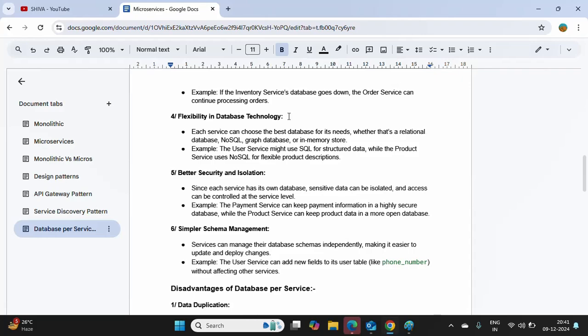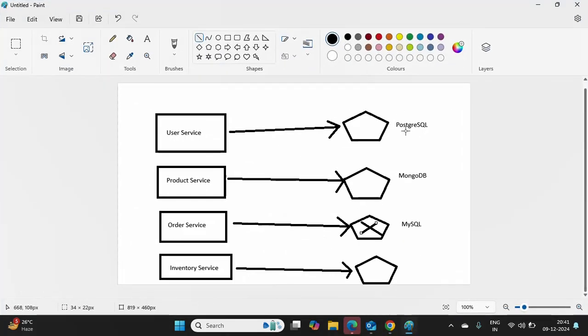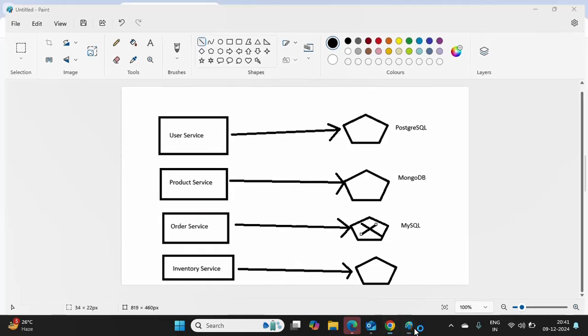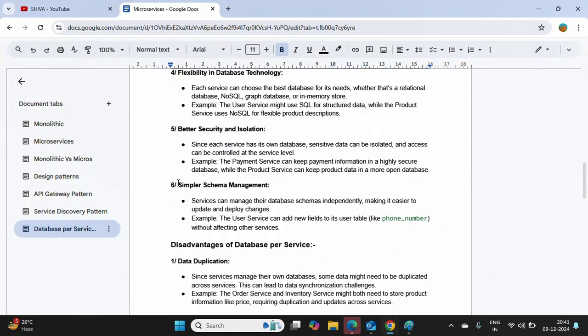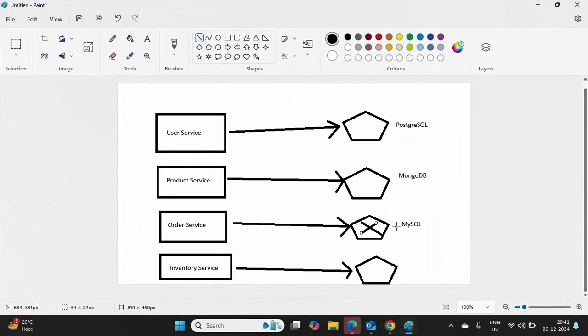Flexibility in database technology. That means we are able to choose different types of technologies without worrying about the other services. Simpler schema management: services can manage their database schemas independently, making updates and deployment changes easier. That means if you want to change any table structure in any one of the databases, you can simply change it. Why? Because it is running independently, it won't disturb any